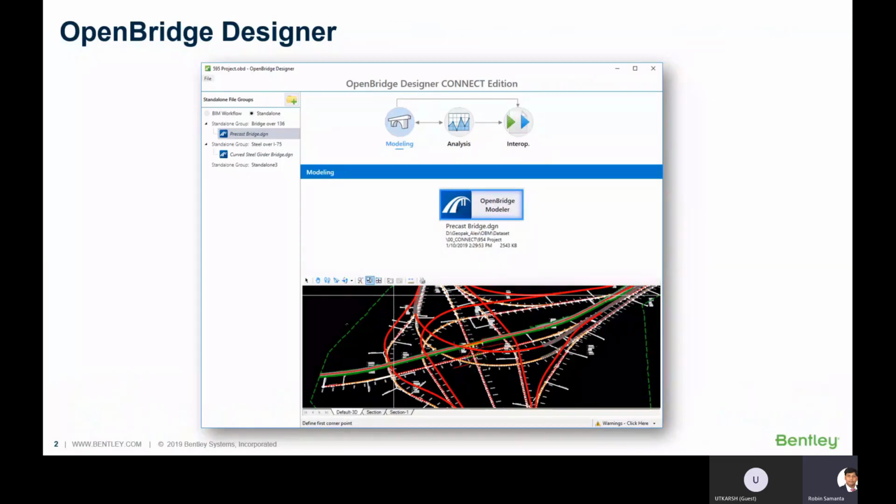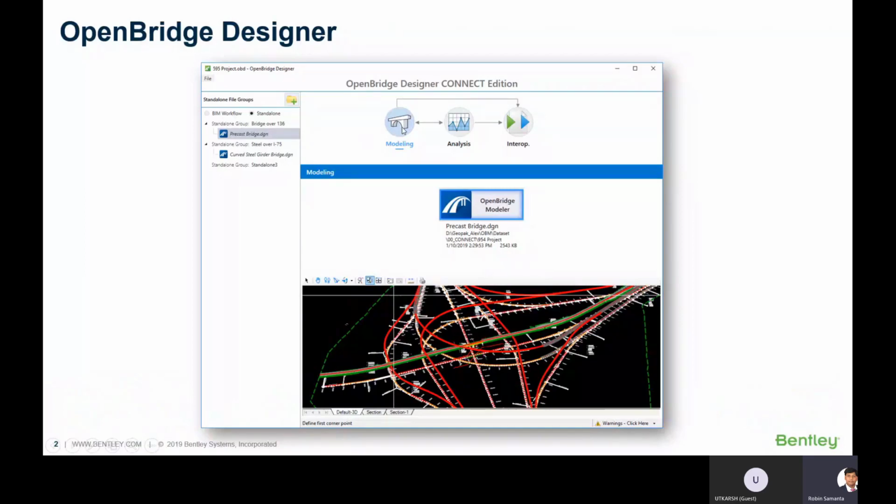But even if you are not working for a BIM workflow, you can always use standalone. This standalone is basically outside of the BIM workflow. If you are going to use it for your bridge project, then you select standalone, and in this you can see that there is modeling, analysis, and interoperability. Modeling means the geometric 3D model.